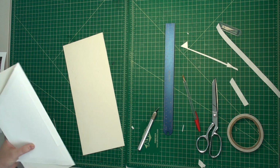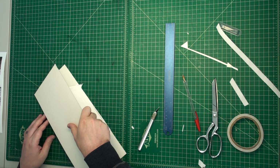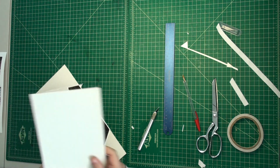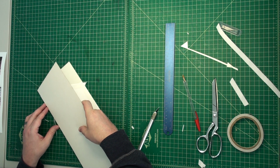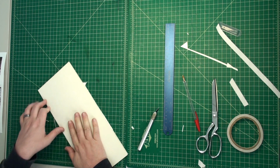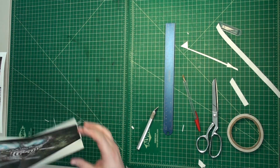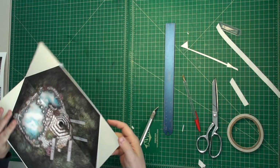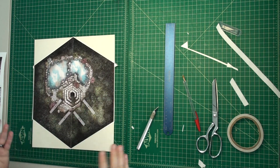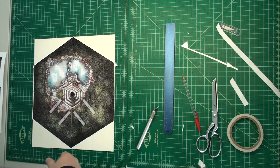But I found that I have to get them out like 15 minutes before my gaming session starts, so that they have a chance to settle, right? This way, you open it up and it's ready right away. You don't have to plan ahead. So you see, there's still a gap. There's a gap there, okay? All right, so at this point, you cut off your extra mat board. You can do that with an X-Acto knife, scissors,